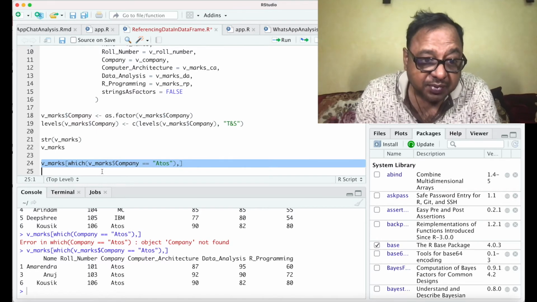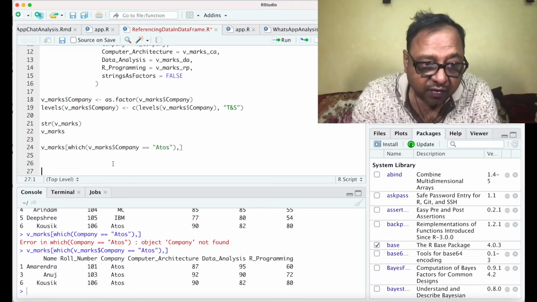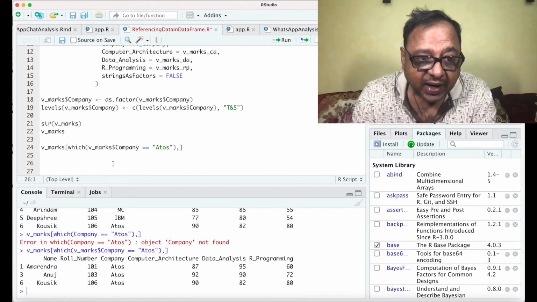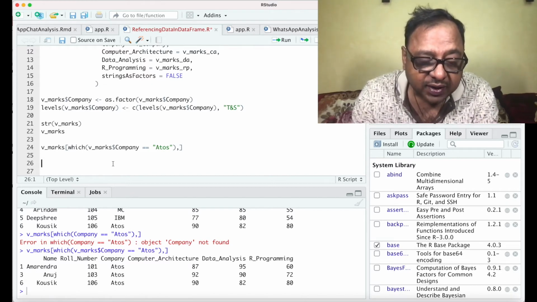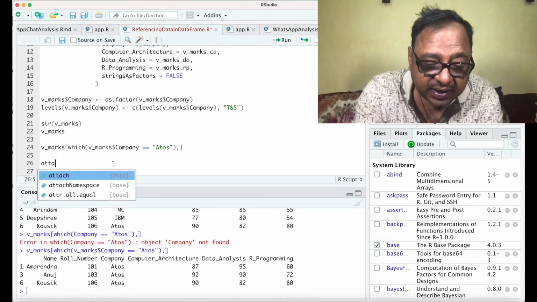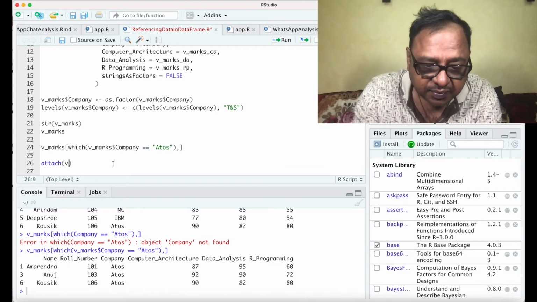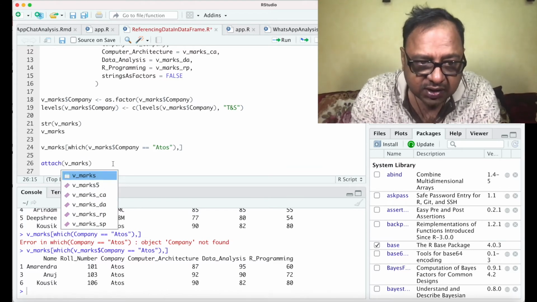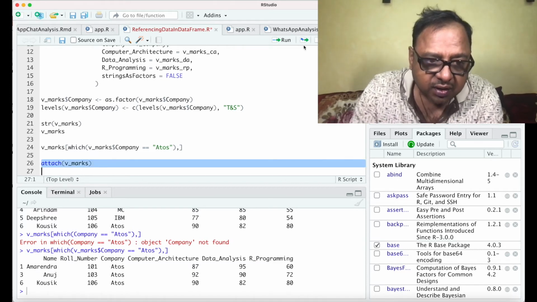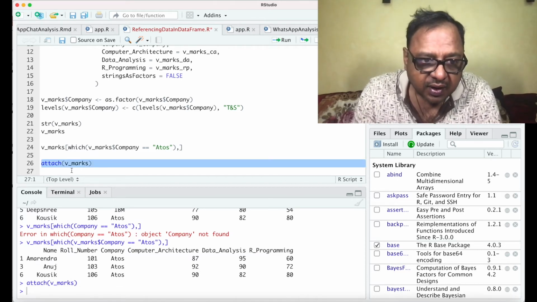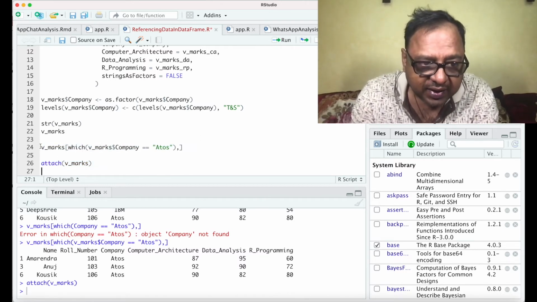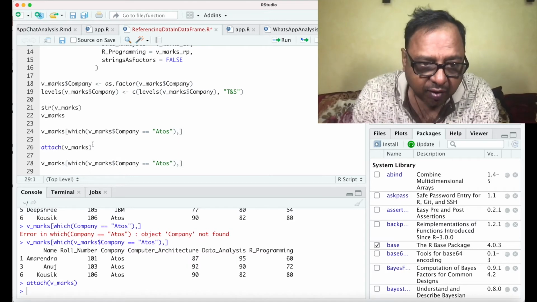Now to overcome this problem, we can use another command where I attach the data frame. When I attach the data frame, all the columns of the data frame become available to me by default. So I say attach v underscore marks. Once I do this, if I give the command without giving the data frame name, it will work.